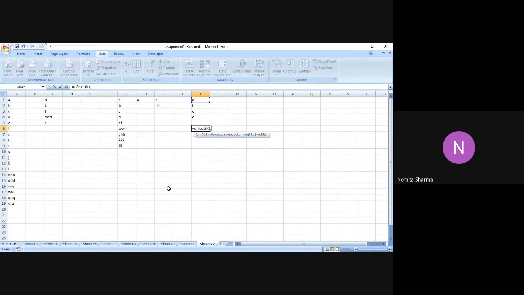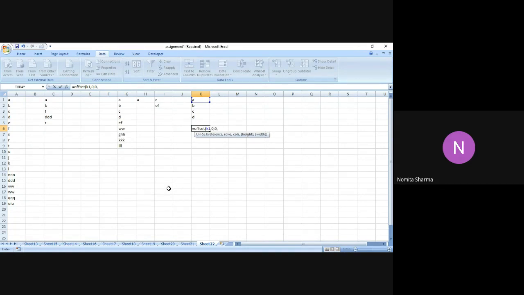Then I say 0, 0, which is nothing but row and column. And if you recall, 0 row and 0 column means the offset function will not go anywhere, neither down nor on the right, but it will stay on the same reference cell that you have given over here. And it is going to take the value of that reference cell, right? So in the K1, we have the A alphabet.